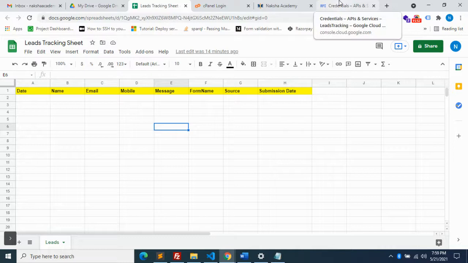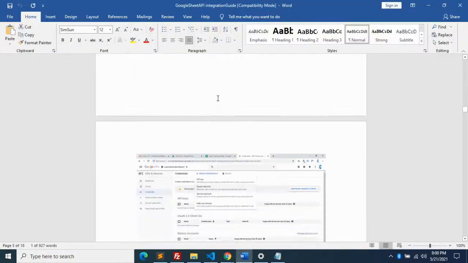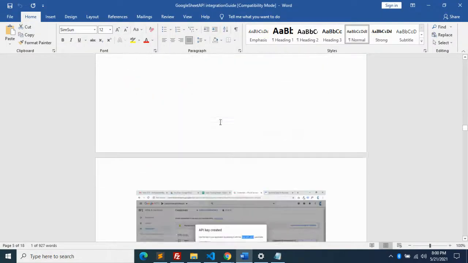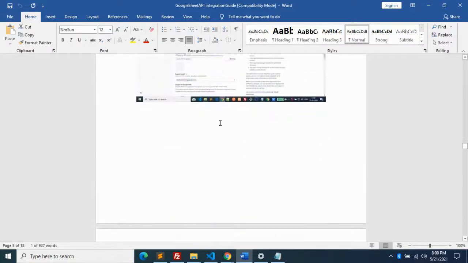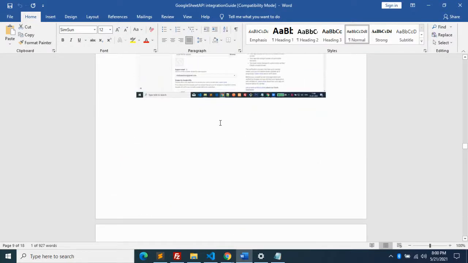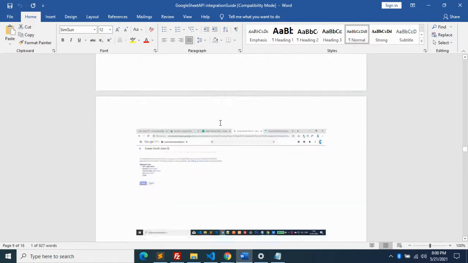Using this information, we are going to get the access token and refresh token, and the code first. Before that, we first have to create one code. We have to set the permission. We have to access our Gmail account using these credentials.